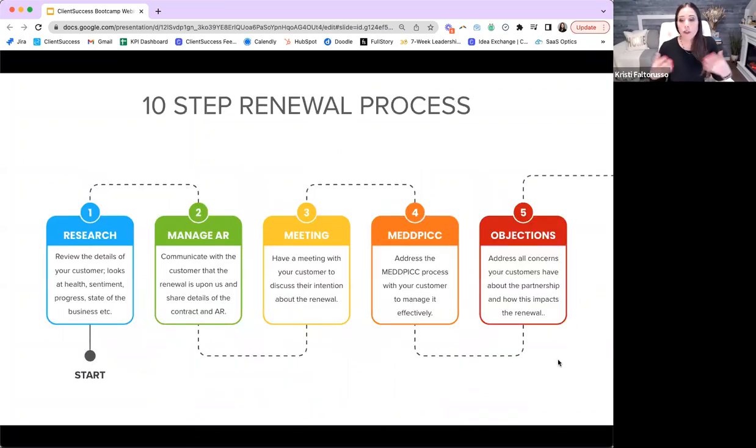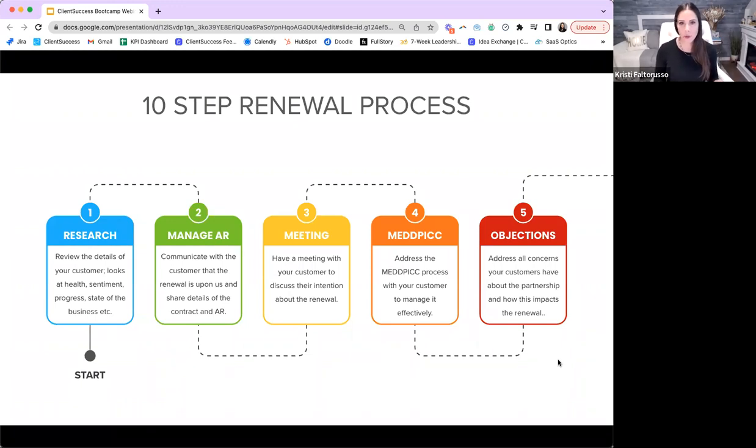All right, so I want to introduce you to the process that we run here at ClientSuccess. I know 10 steps, you're probably thinking, this lady's crazy, why has she got so many steps here? But hopefully when I introduce this against the timeline that we're working from, it'll make a little sense. So we start this 4 months out, 120 days. So I would say 121 days, maybe it's like 21, 22 days, we encourage our team to start